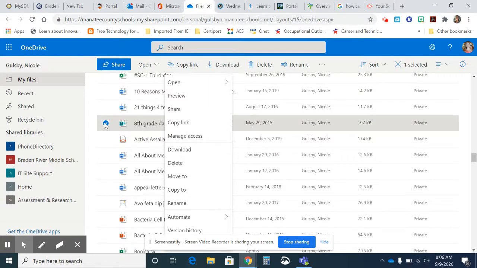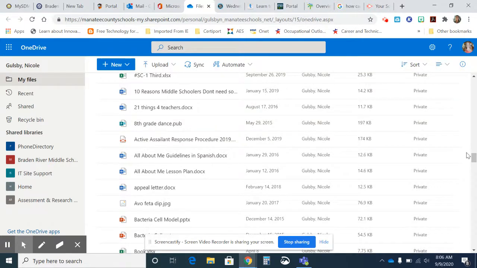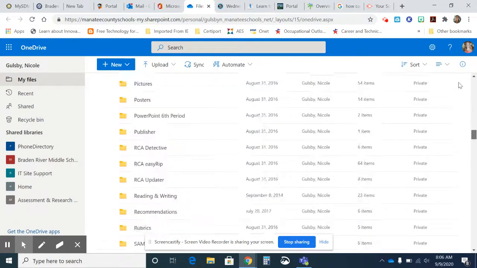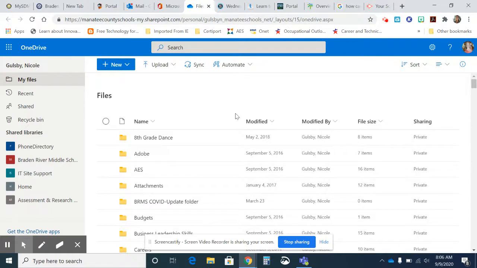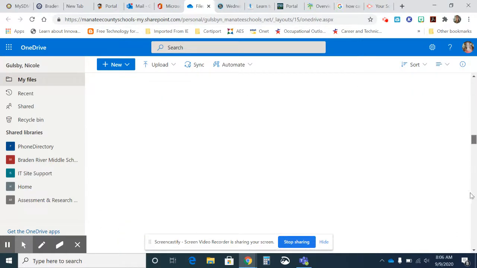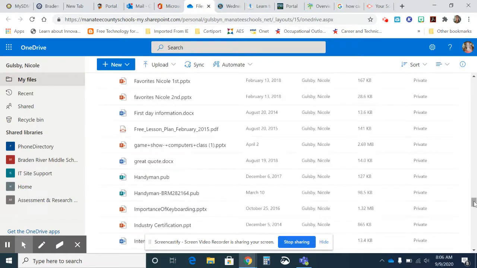All right, so if you look in your OneDrive, the top of it would be folders if you have any folders, and they are alphabetized. And then after your folders, you would see your files. Now, you could make a folder for each one of your classes. So you could see, if I click on New,